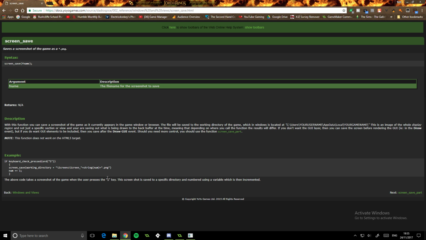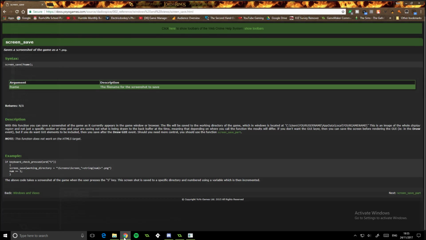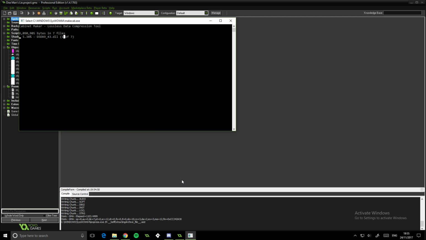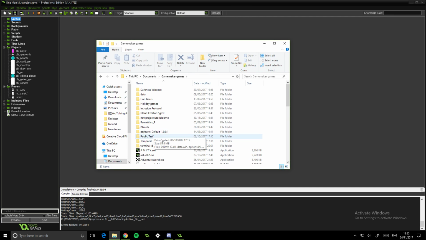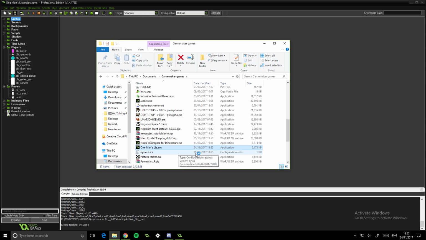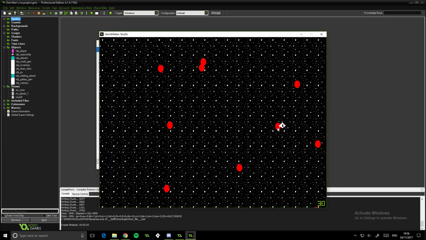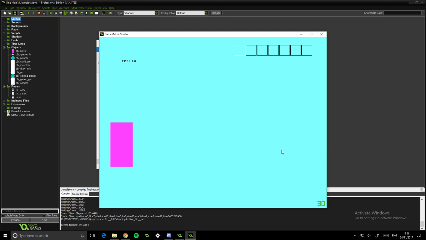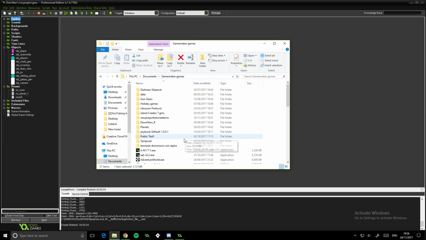I'll just bring over this. I can't see any problems in the code itself, so this could take a while, to be honest. There we go. Alright, create finished. Let's find it. One Man's Life. Let's open it up. Okay, let's go into here. Let's take the screenshot. Take another one just for fun. This should now